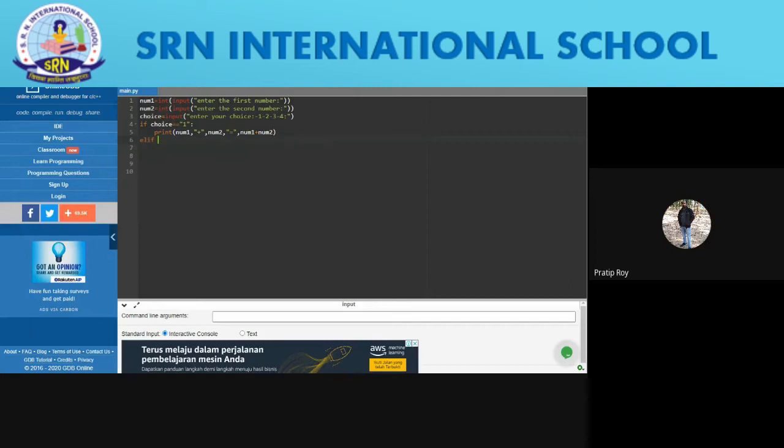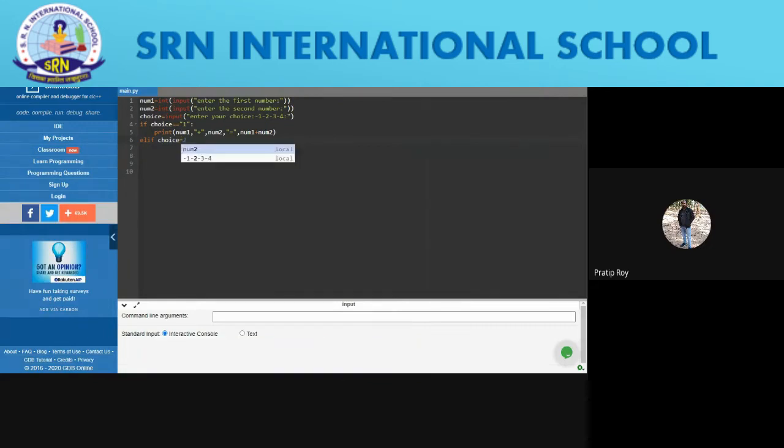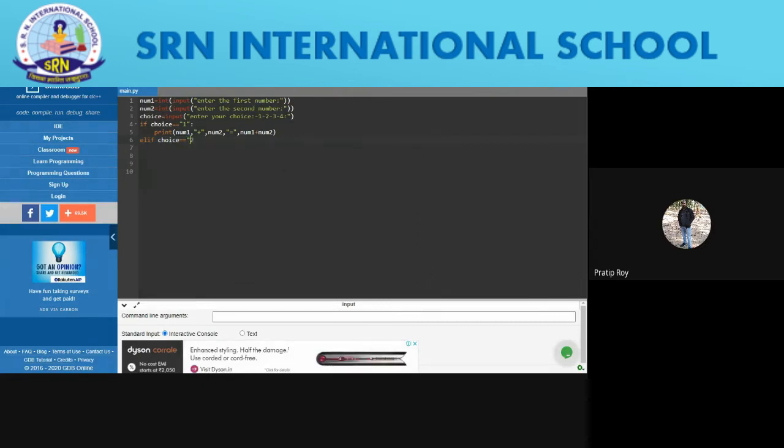We will write choice equal to 2 in the same way. It should be double equal to. And again 2 should be within inverted comma. Yes, very good. Now write the colon.